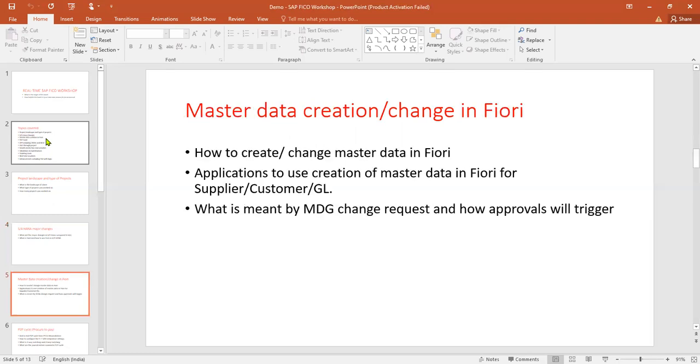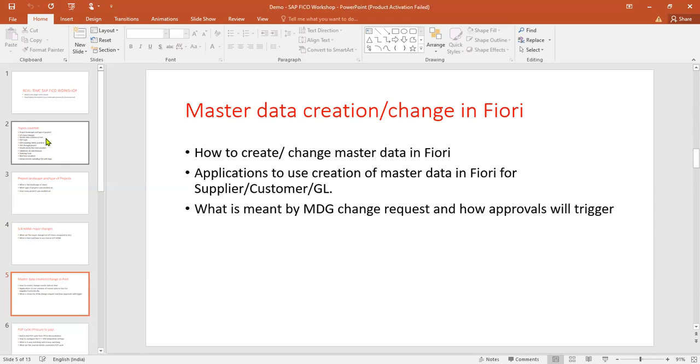Next thing, master data creation. As you all know, in every project you go for, they will activate master data governance. In real time, definitely they will activate master data governance.